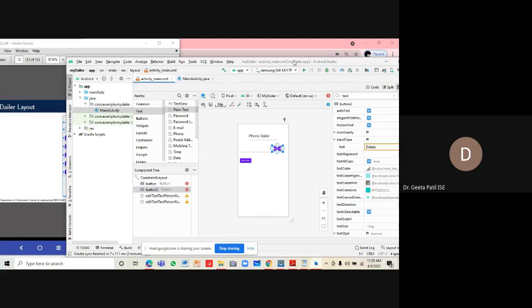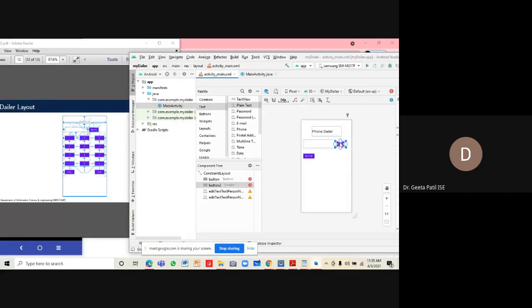Put the constraints. This is constrained to the top of this. This is also constrained to the top of this.